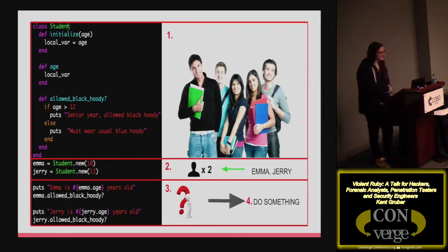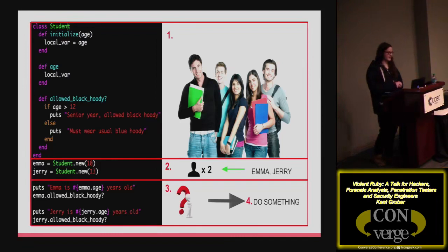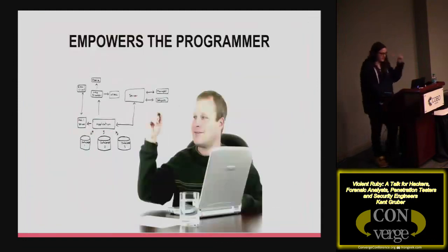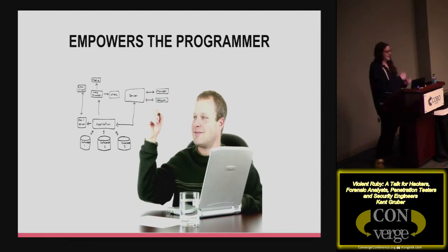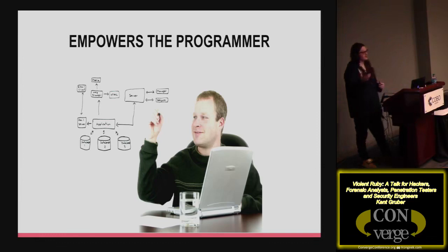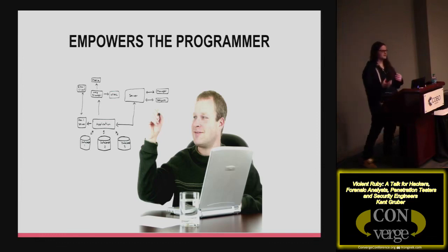It's a kind of silly example, right? You have a student, and you can see if they're allowed to wear a black hoodie or not through this very simple interface. We're making a new student, giving it the age, and then checking if they're allowed to wear a black hoodie if they're older than 12. I don't understand that one bit, but whatever. Basically, what this allows you to do is build up your objects and your classes, those interfaces to how someone's going to use your code or how you're going to use your code. It really empowers you because Ruby really empowers you. You can basically do it however you want.